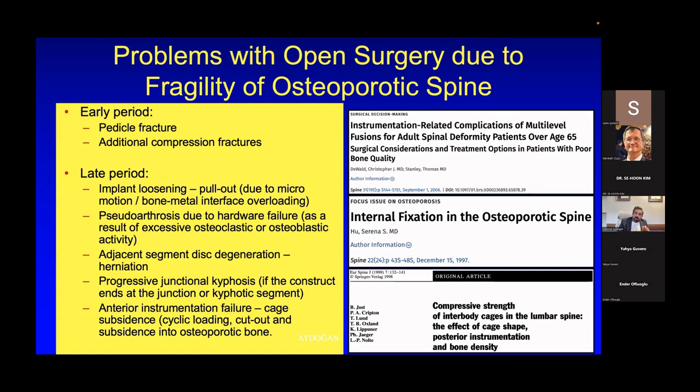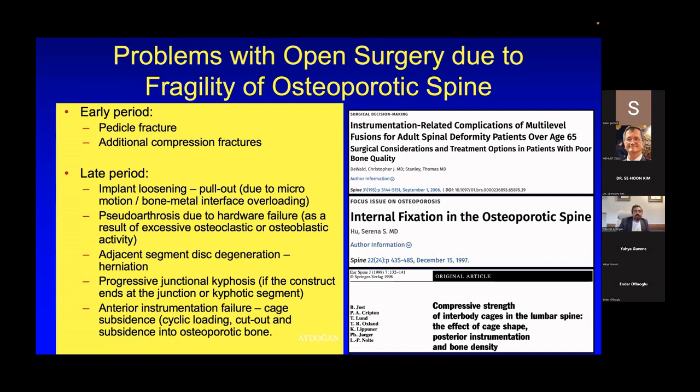Putting a larger diameter pedicle screw gives us very good bone purchase, but we have to be careful because it also causes pedicle fracture during the surgery. And additional compression fractures we can have during the operation, and also immediately after operation, especially at the kyphotic segment, proximal